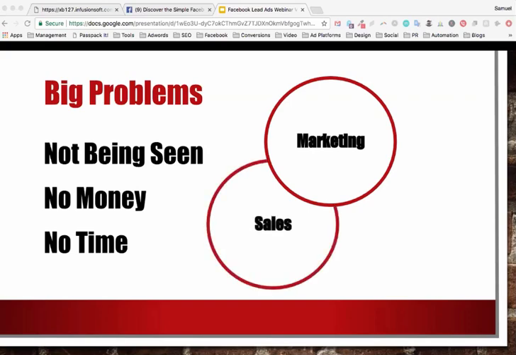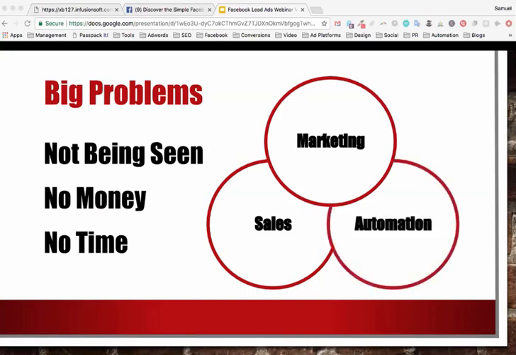So sales. So obviously if you bring more sales in, then you're not going to have a money problem, right? As long as you manage your money properly. If you're using these strategies and applying it, generating leads, converting them to sales, you're going to have the cash to pay for more marketing to make your life easier. And the last part is the automation piece to it, which we're going to touch on as well today, and how you can